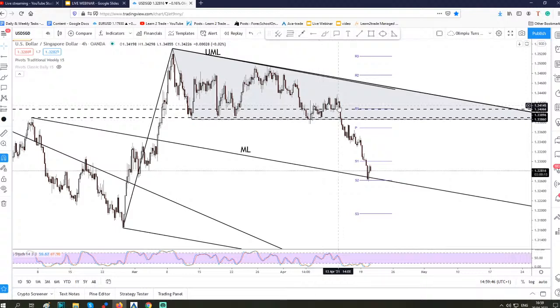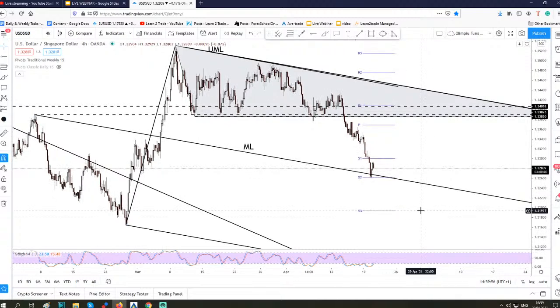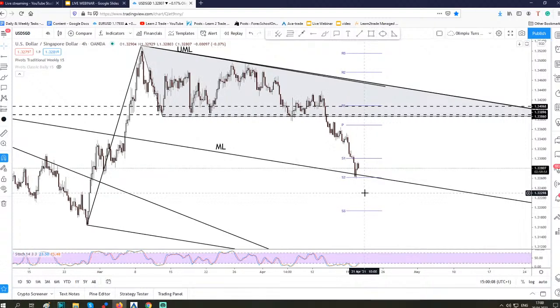The breakdown from this triangle has confirmed a drop on this pair with a potential target, as you already know, at the medium line. The price has found support right on the S2, 1.3261, rejection, and now it could increase a little, but the bias remains bearish, guys,